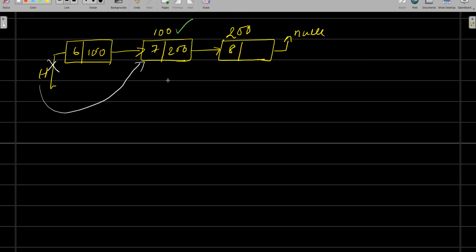So to convert this into a logic, first what you do is create one temp node. Okay, so I'm creating one temporary variable and I will store head in this. Okay, head in this. Then I have to make sure that head is not null. So I need to make sure that my given linked list is not empty.